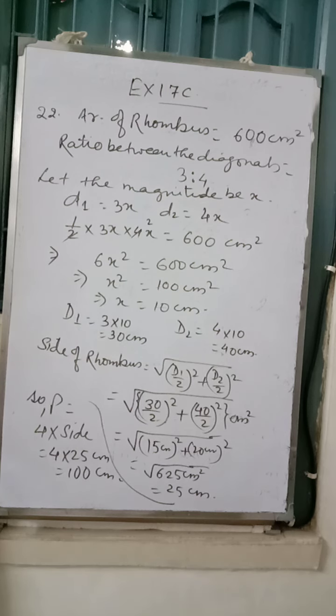Now before we start exercise 17D, you should know certain things about circles. That is, circumference of circle is 2 pi r. Then the area of circle is pi r square. Otherwise, we'll talk about it in the live class. It would be better to teach about the circle. Okay. So you read about the circles.